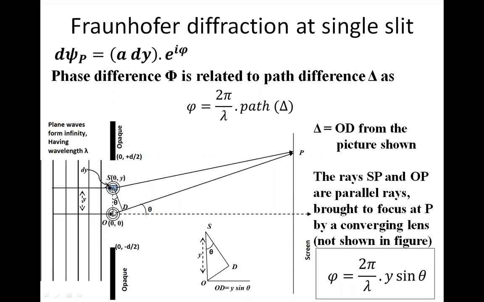You can see SO is perpendicular, it's the y-axis, and the horizontal axis is this. So the X and Y axes are separated by an angle of 90 degrees. So if this angle is theta, then the balance angle here, please pay attention, at SOD, angle SOD will be 90 minus theta.